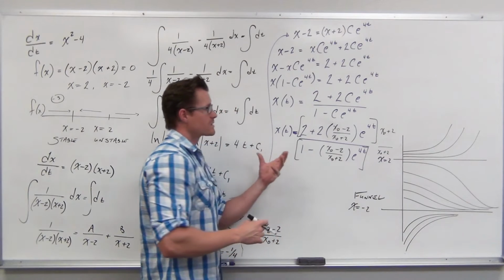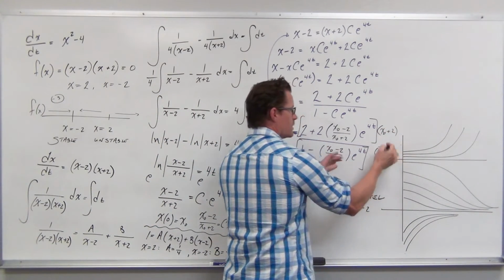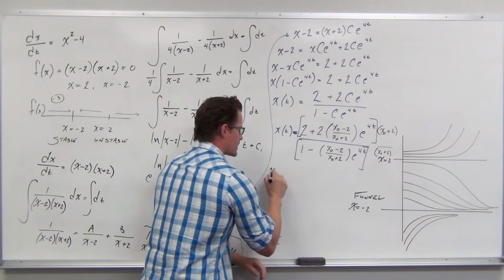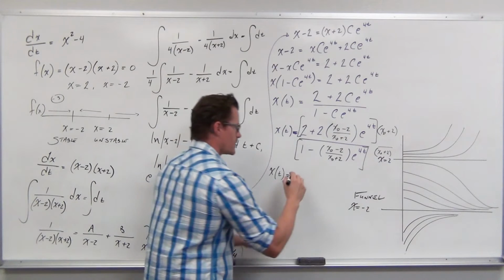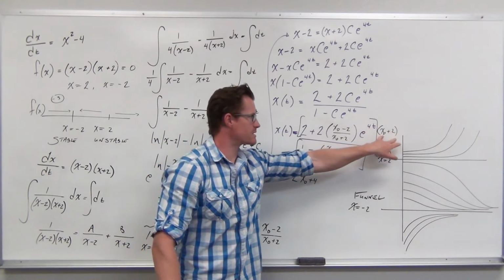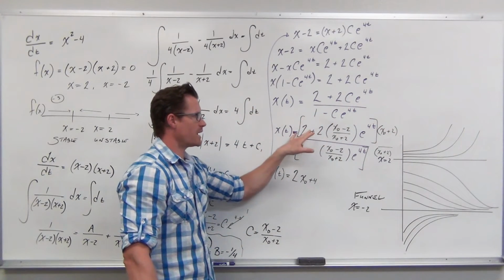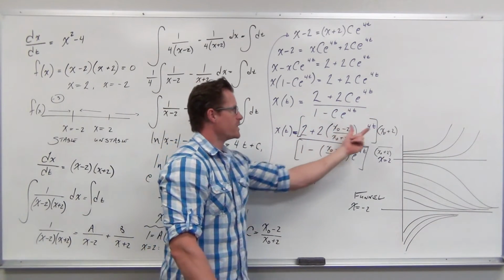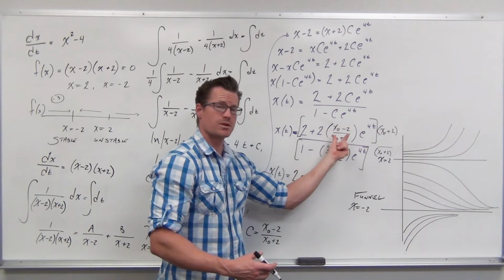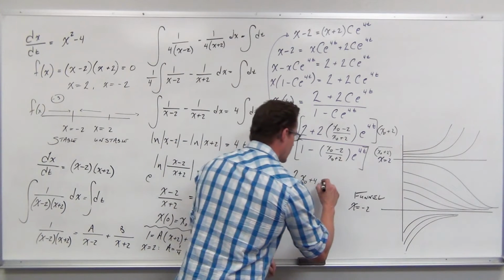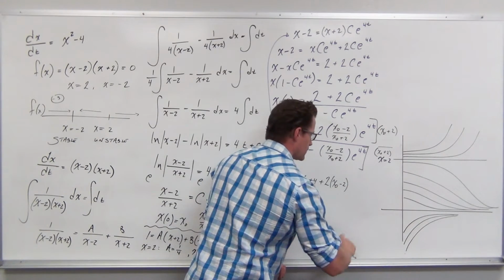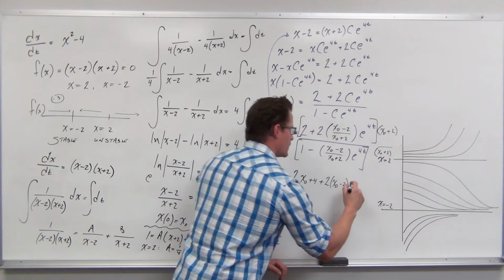When we distribute, what's going to happen? I need to distribute this whole expression to the 2, to the 1. It's going to cancel here. So when I distribute this times this, our x sub t is going to give us 2x sub 0 plus 4 because you are distributing this. This is going to get multiplied by the 2. That means that you're distributing 2 onto x sub 0 and 2 times 2. When we distribute to this whole entire term here, our factors x sub 0 plus 2 and x sub 0 plus 2, they're going to cancel. So we do get this, but then we get a plus 2 x sub 0 minus 2 e to the 4t